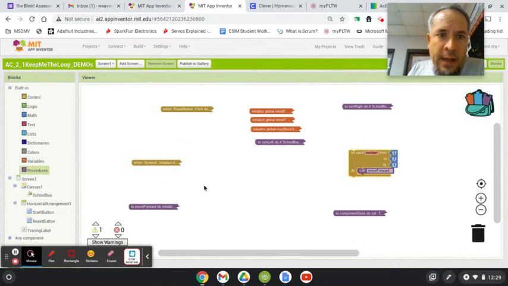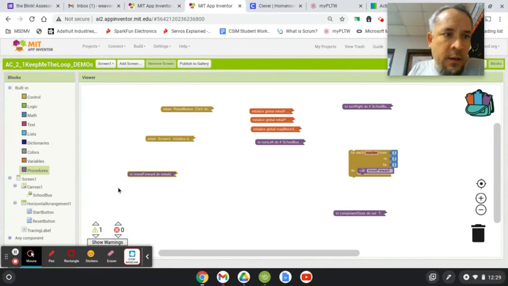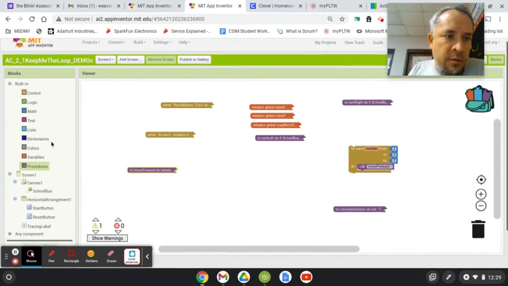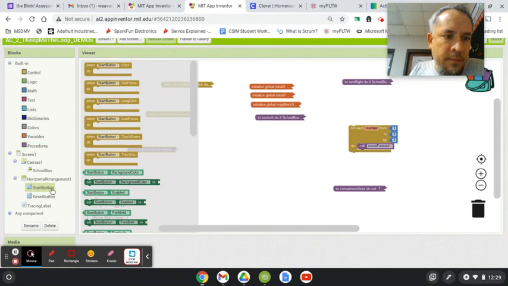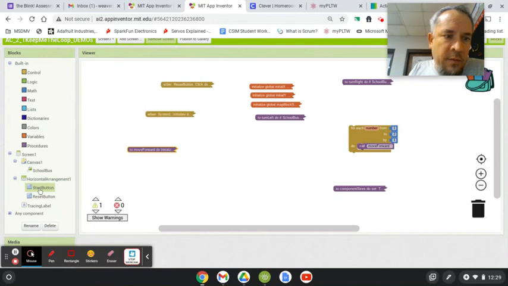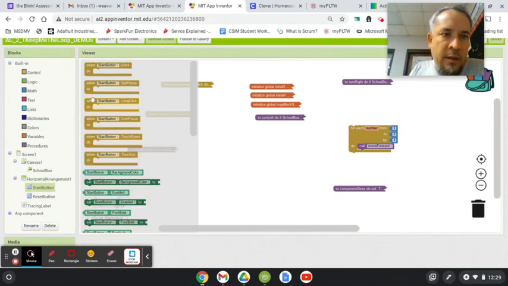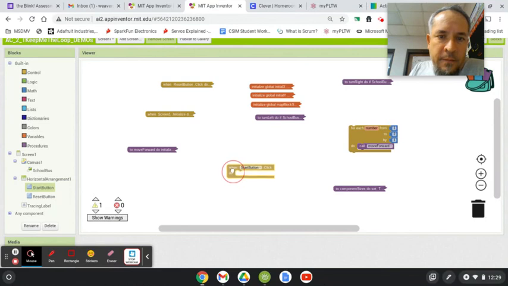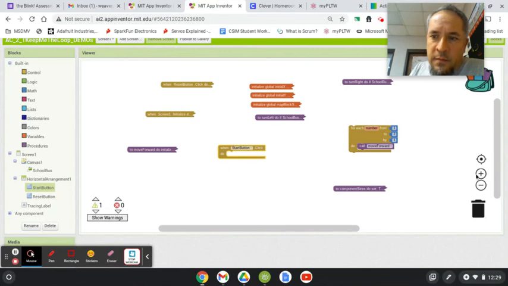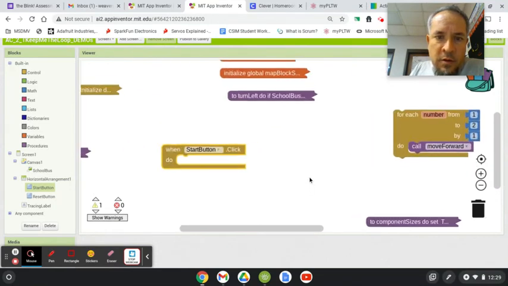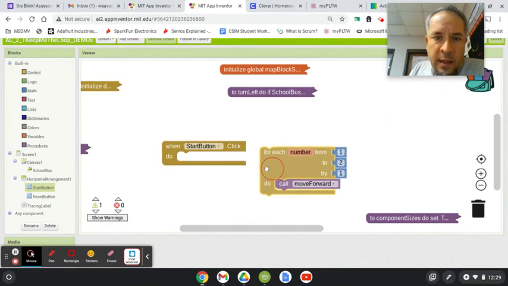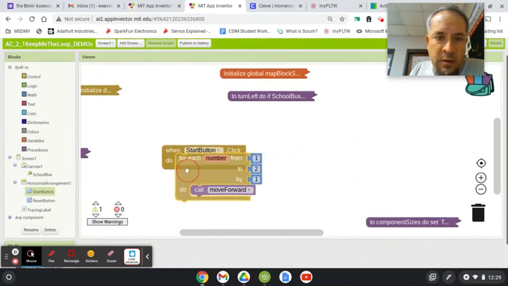Well, I looked at all my codes that are collapsed. I do not have a start or on start click. So I'm going to go to my start button, which is down here underneath all my blocks. Horizontal arrangement 1, we have a start button. That was done in design mode for us already. I'm going to grab a start button and place it here. So make sure you get a start button. Now I went ahead and built this. You're going to have to find it